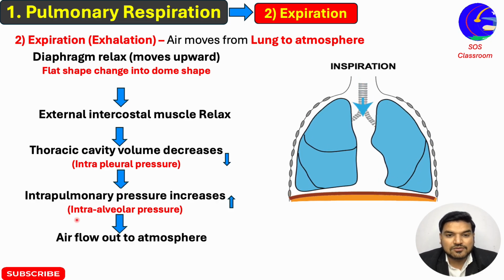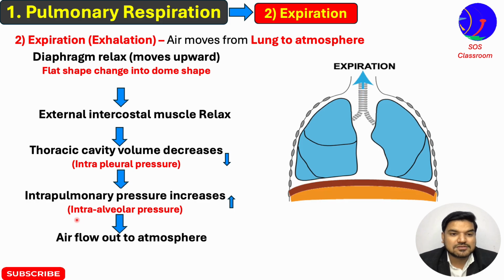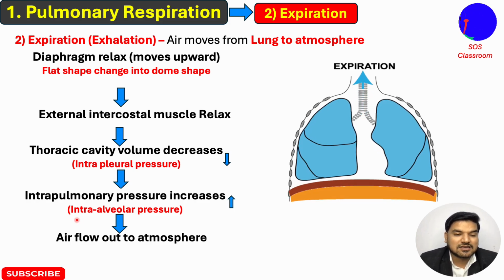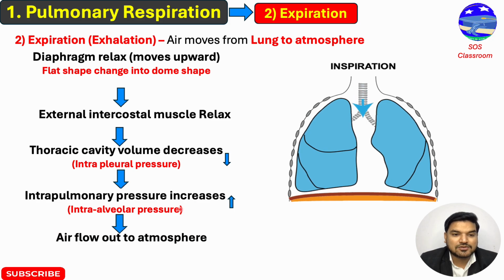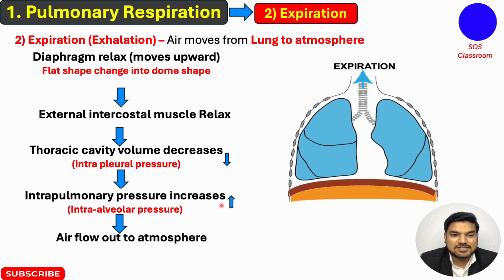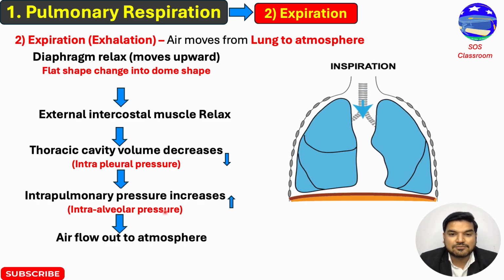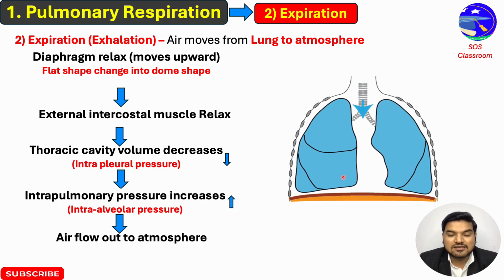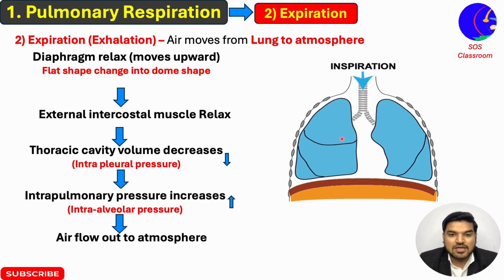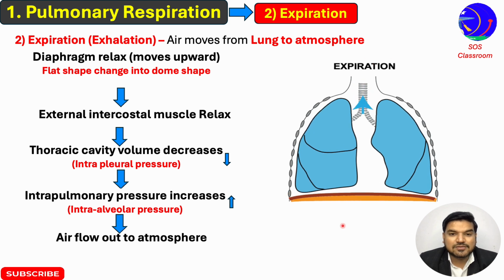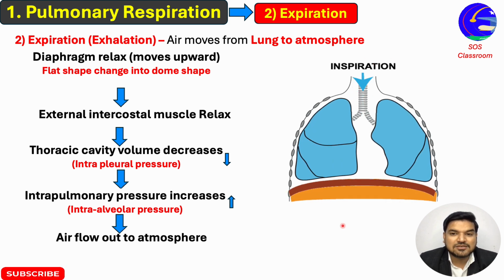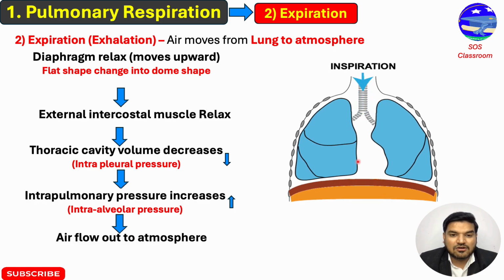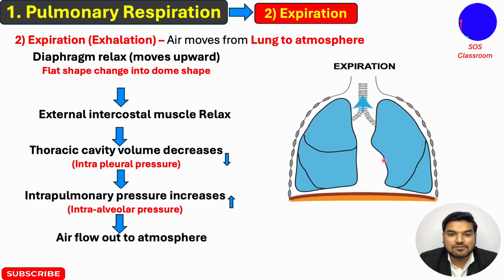When the thoracic volume decreases, then by the process of Boyle's law, the pressure inside the lungs increases. Then intrapulmonary pressure increases. Intrapulmonary means intra-alveolar pressure increases. When the pressure increases inside the lungs, and in the external environment there is little pressure compared to the internal pressure, then air or carbon dioxide moves from the lungs to